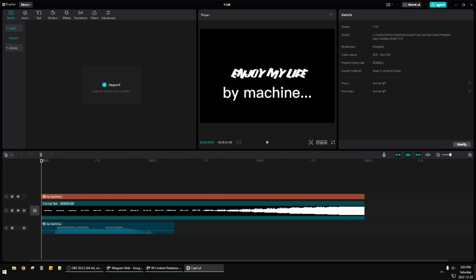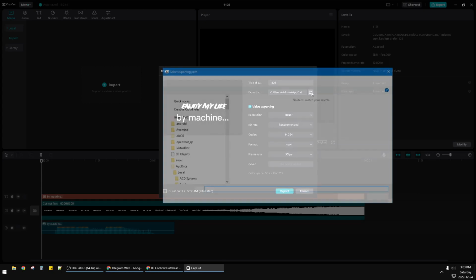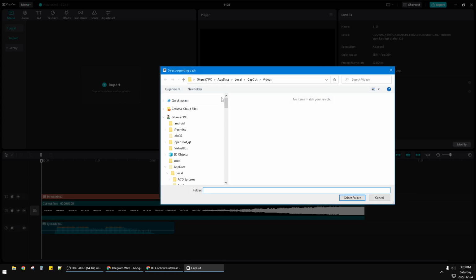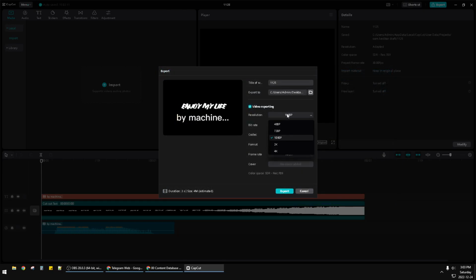You just click this export on the upper right corner, click export, and then remember this is the folder you want to export this file to, or you can change the folder. For example, I want to make it on the desktop. Where's the desktop? Here the desktop, click select folder, and then here your preferences, 4K, 2K, HD, and so on,